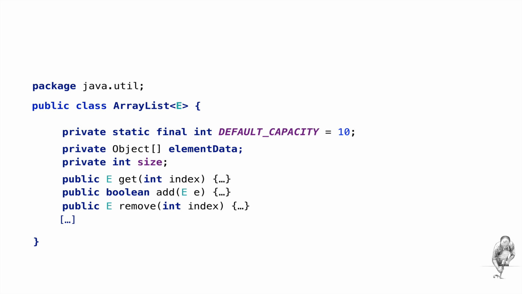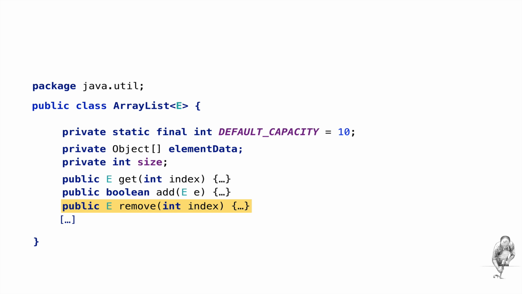However, don't rely too much on internals that you spot in the source code, as they may change any time if they're not defined in the Java language specification. Default capacity is the initial size of the array, when you don't specify it as I recommended before. Element data is the array used to store the elements of the array list. Size is the number of elements the array list currently holds. Get, add, and remove are some of the many functions ArrayList provides. We will look at those